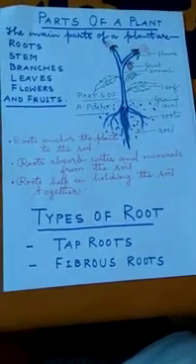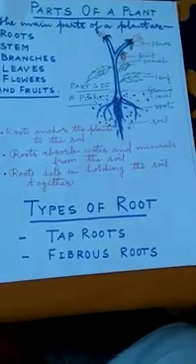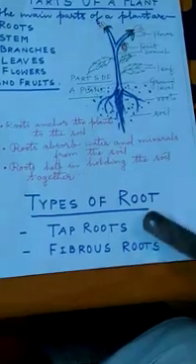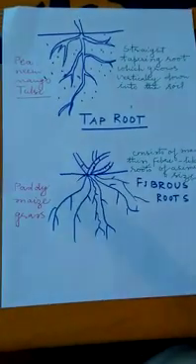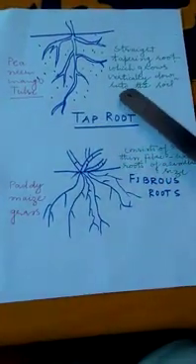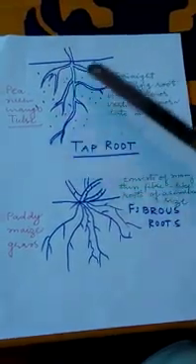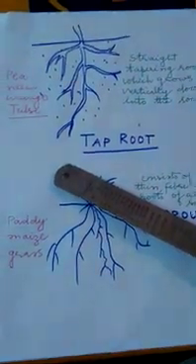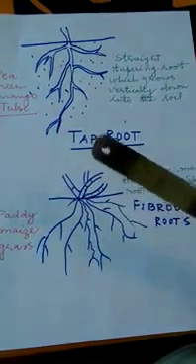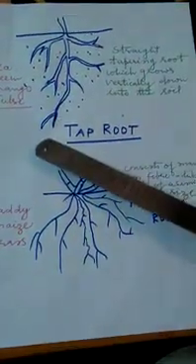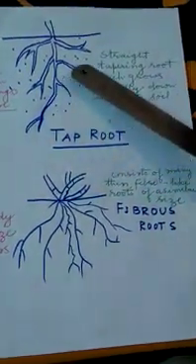Now, all of us know, depending on the environment, nature has evolved two types of roots, that are tap roots and fibrous roots. So, tap root is a straight tapering root which grows vertically down into the soil and gives out branches on all the sides. Taproot is the main root, and the smaller side roots are called lateral roots.